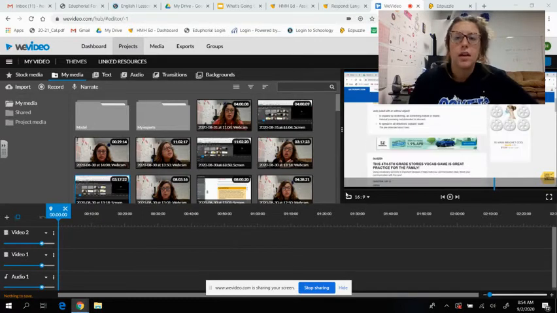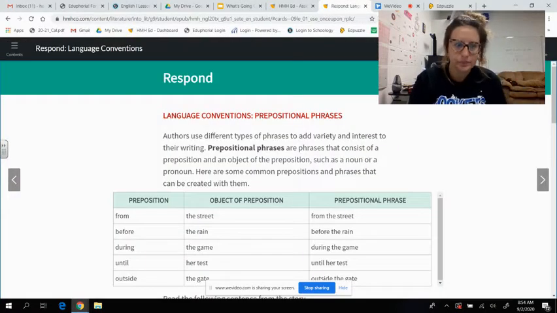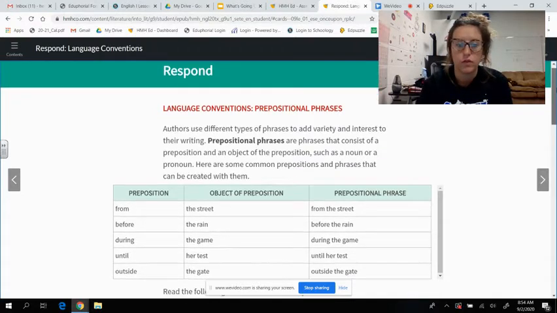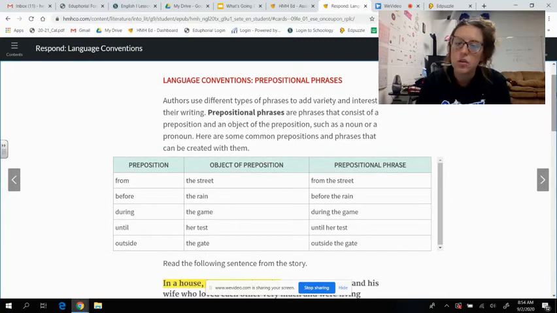So, okay, moving on to today's lesson. Today's lesson is called Language Conventions. We're going over prepositional phrases. Again, should be a big review for you, which is awesome because you really need it on the test, okay? You're going to have a test tomorrow over this unit. I'm going to give you a small review before the test starts, okay? So don't worry, you will get a review, but you need to know prepositional phrases. So I'm just going to read the beginning to you, give you some specific instructions, and then let you get going.